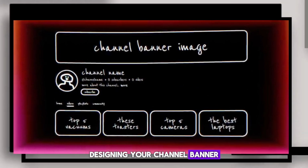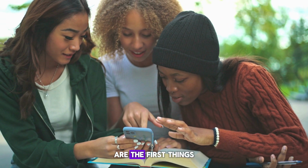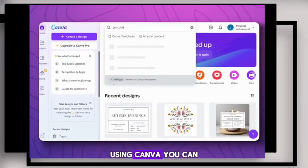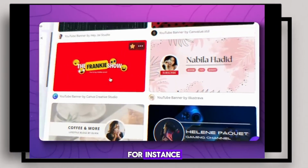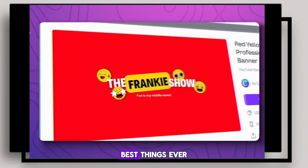Designing your channel banner and profile picture. Once you've settled on a name, it's time to design the visuals. Your channel banner and profile picture are the first things viewers will see when they visit your channel, so make them count. Using Canva, you can easily design professional-looking graphics for free. For instance, I found a playful banner template that matched the tone of the channel name, Best Things Ever, and